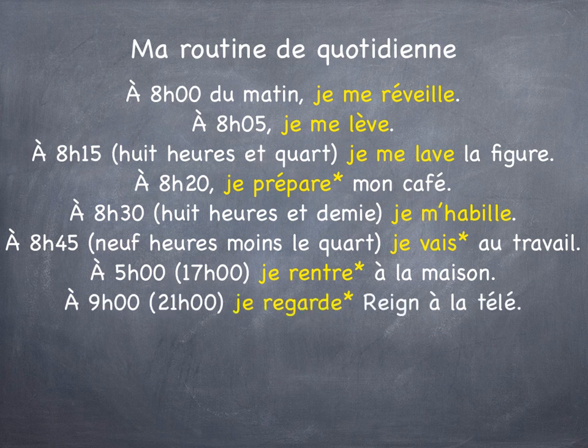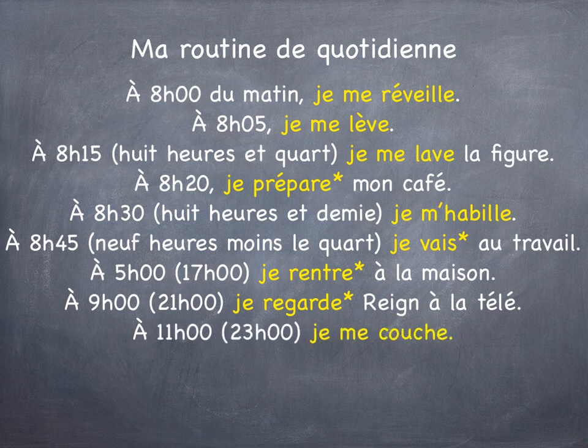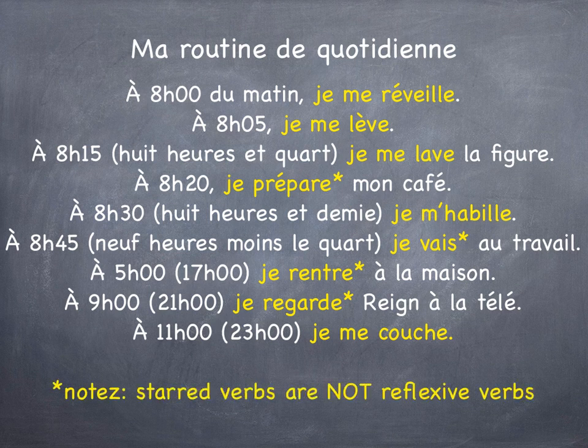À 9h or à 21h, again the 24-hour clock, je regarde Rain à la télé. It's a good show, you should watch it. À 11h or à 23h, je me couche. So you'll just note here that the starred verbs are not reflexive verbs. So you want to think in terms of what verbs are reflexive and what verbs are not reflexive when you put together a composition that is going to explain your daily